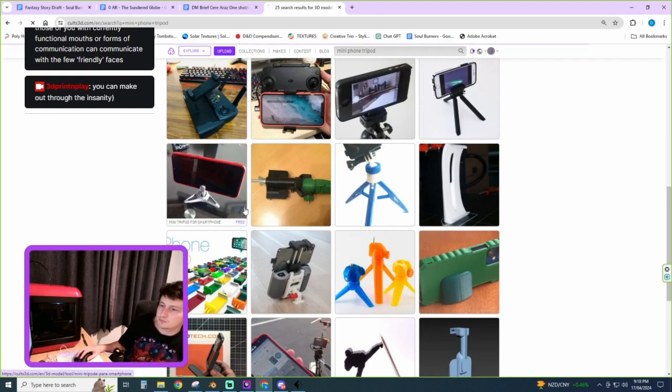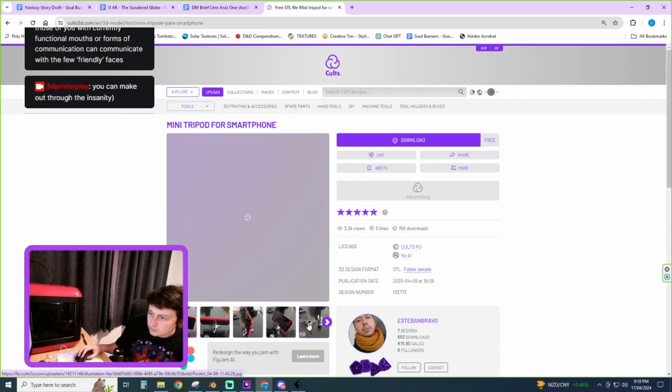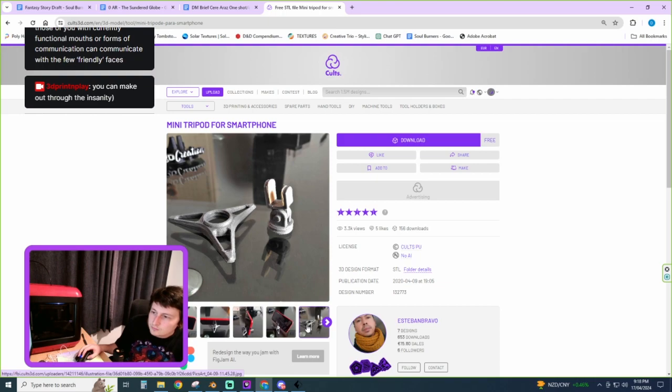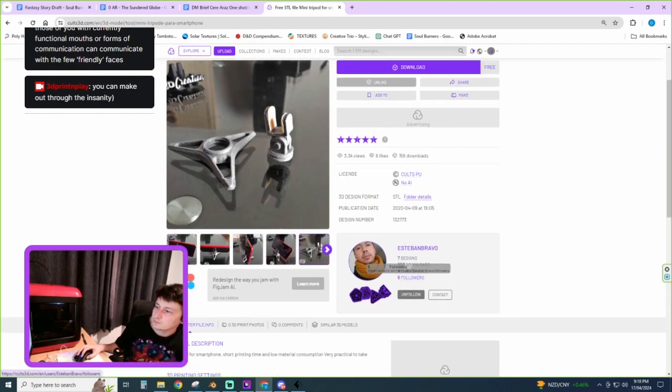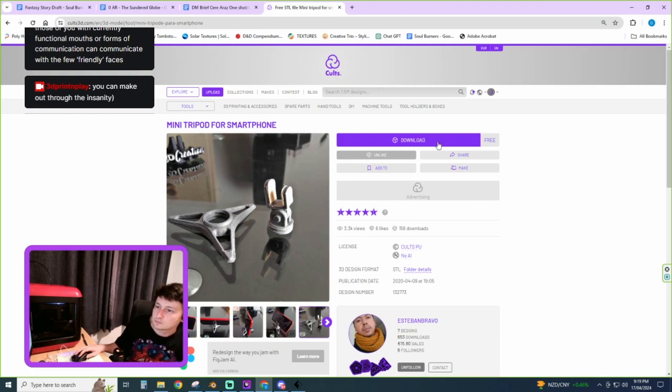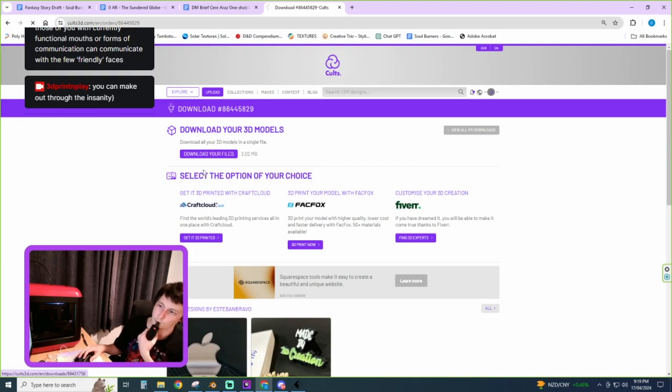This is it, I think. Do I remember correctly? No. Yeah, it's nice and simple though. I like that. And so I will like it, and I will follow. And definitely if I can give him money at some point, I might well give him money at some point, because we'll see how the prints go. I just like some of these mechanisms, I just don't even want to think about it. I just want to download and print.